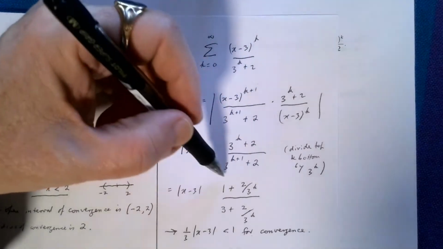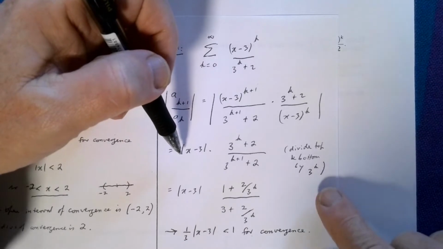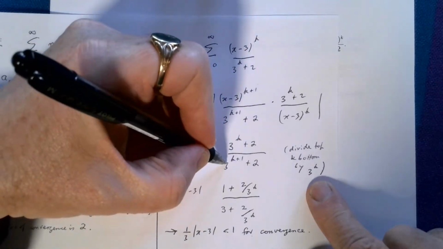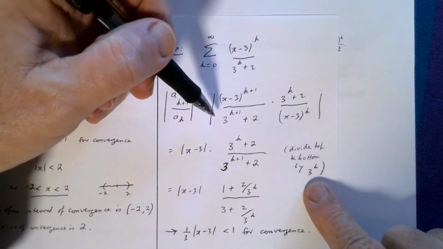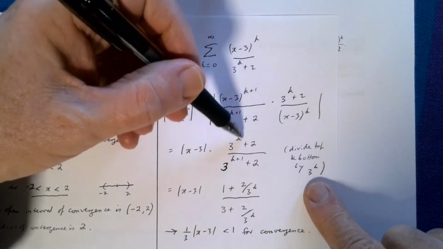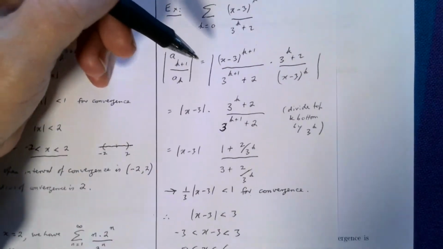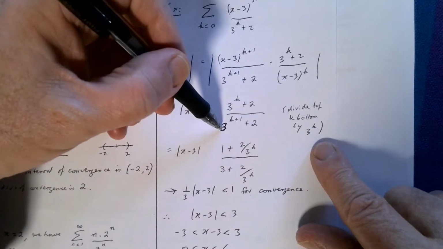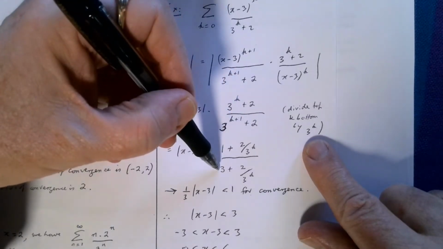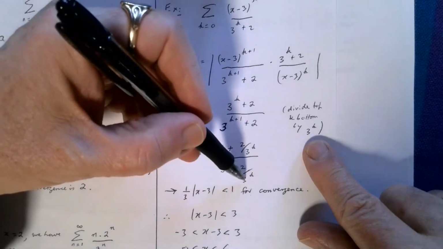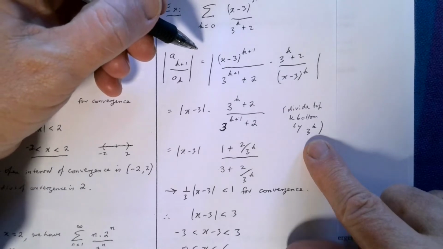Now we want to get the limit of this as k becomes very large. And what we do is, as usual, we're going to divide everything through, this time by 3 to the k. So that'll give me 1 here, plus 2 over 3 to the k. Now I divide the bottom by 3 to the k. 3 to the k plus 1 divided by 3 to the k is just 3. And I'm going to get 2 divided by 3 to the power k. Now as k goes to infinity,